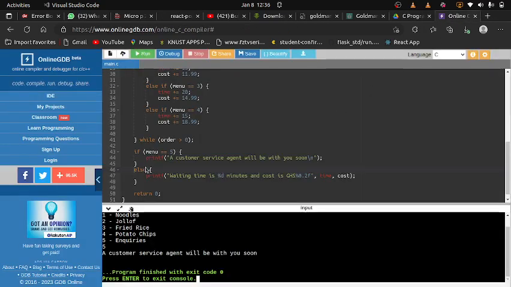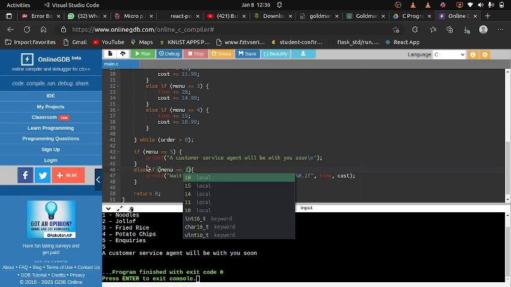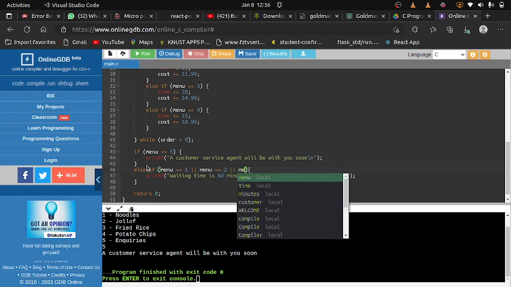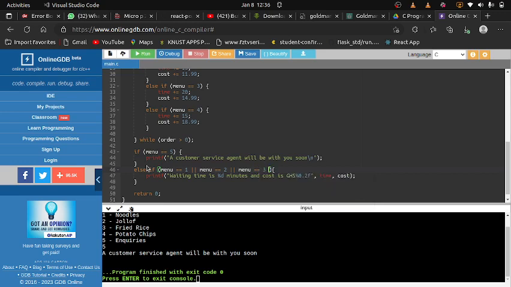So I'm going to be making some changes here. I'm going to update this else if statement with the condition that if the menu is equal to 1 or, and how we do or is using this, if menu equal to 2 or menu equal to 3 or menu equal to 4, then I can print this. So if the menu is any of these values 1, 2, 3 or 4; else, I'm going to print the message invalid entry,